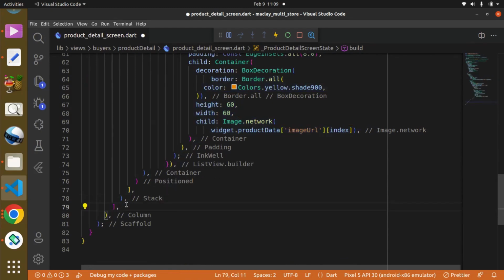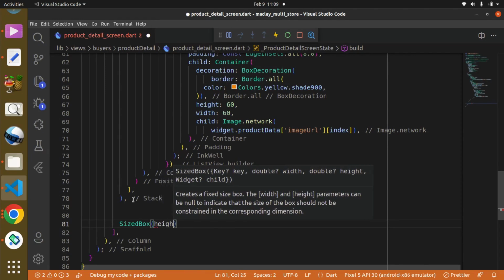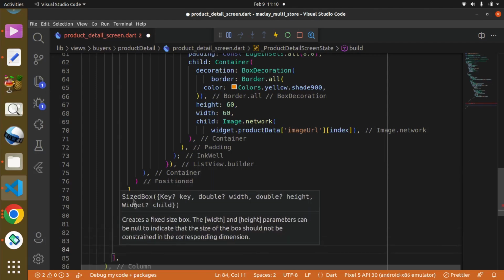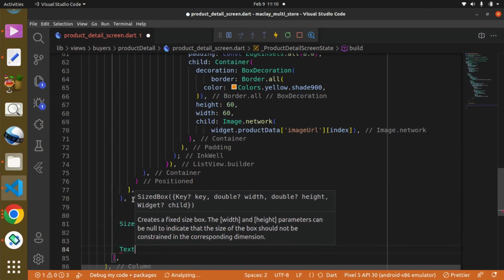Then within the column, okay, the stack ends here. Remember, the stack is basically for the image. Now we can have a size box to give some breathing space between the image and the next widget we are going to have. We're going to be giving this space vertically. So this is going to be height, height of 20. Great. And now we can have a text widget,